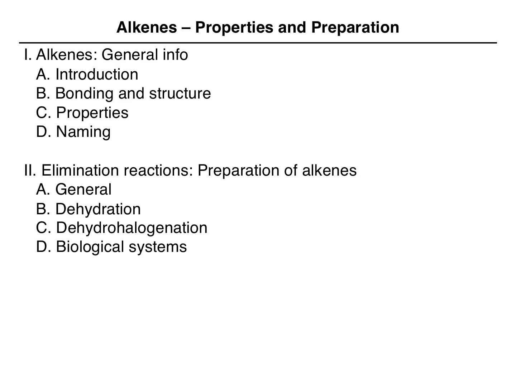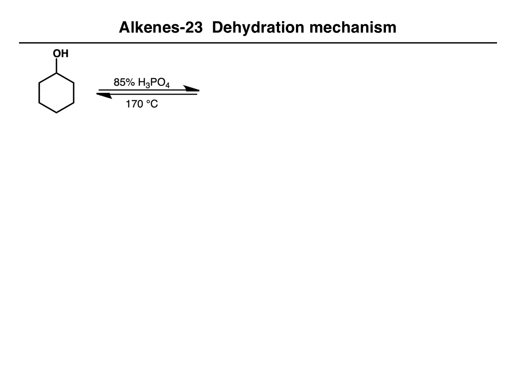In this video, we will continue our look at dehydration reactions to prepare alkenes. In earlier videos, we saw some examples and then we saw a detailed mechanism. So now we're going to make sure that mechanism is consistent with some of the other examples we saw. In an earlier video, we saw that cyclohexanol can be treated with phosphoric acid to give